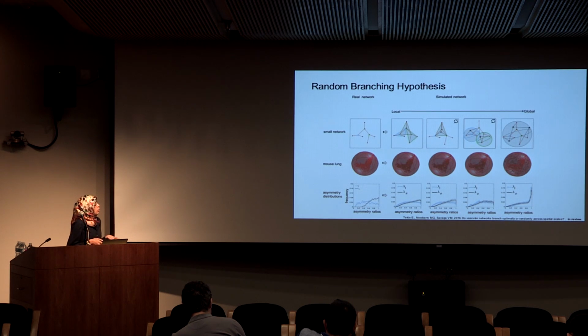We also look at the random branching hypothesis. The top row is a schematic of our simulations, where we have different constraints from local to global, and this row is the results for the simulations and the real network. When we look at the global simulations, we find that they are really bad at predicting the real network. But when we look at the local or intermediate levels, they really match with the empirical data. We also did some statistical analysis between these distributions and the distributions from the optimal branching